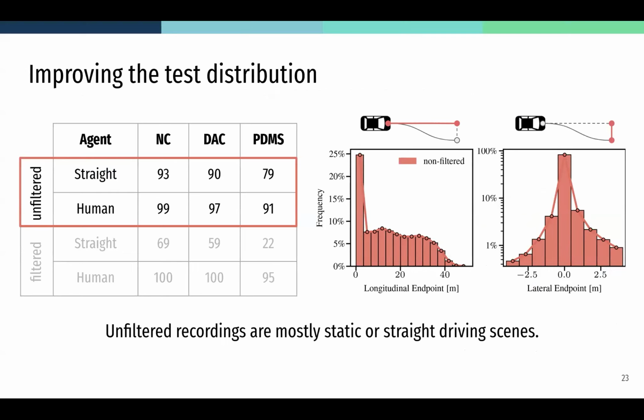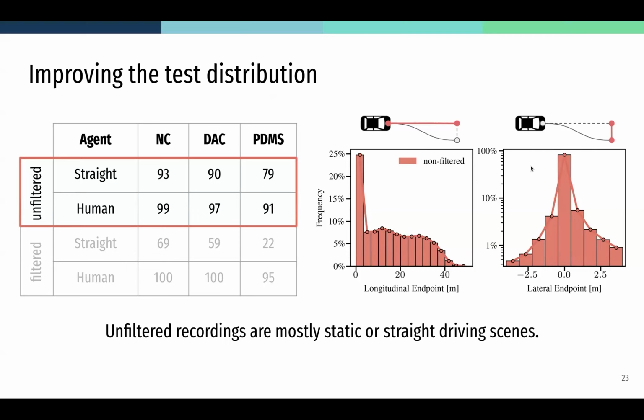I quickly mentioned what we do for this filtering. We observed that in the original NuPlan recordings, and this is true of almost any driving dataset out there, some very trivial baselines or heuristics, like driving straight at a constant velocity and constant heading, actually solve most of the scenarios in the dataset really well, because most driving data is inherently quite boring. There's not much interesting stuff going on.